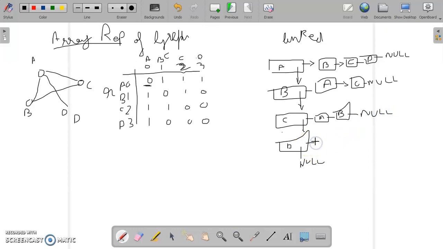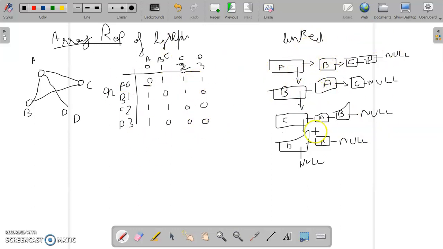One is between the nodes and one is between the edges of that node. So D has an edge with A only. So null. So this way we can represent the graph in the form of an array using a two-dimensional array